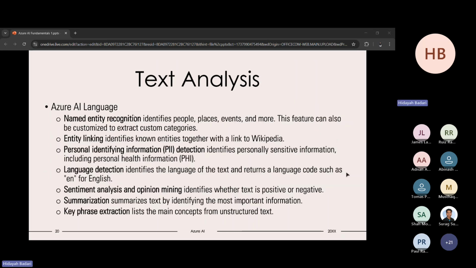So the first one is text analysis, where we can use the service inside Azure called Azure AI Language. It offers named entity recognition, where you can identify this is a person, this is a place, this is an event. This feature can be customized to extract custom categories. You choose what categories you want to identify inside the named entity recognition, also called NER. And then the second one is entity linking,